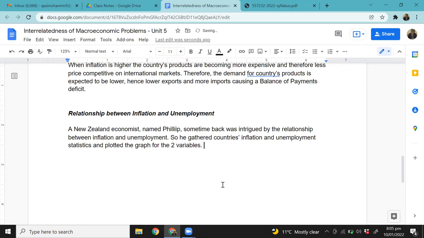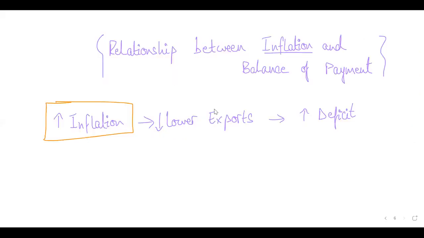Think about this. The idea is fairly simple, which is the Phillips curve, right? So that's what the Phillips curve is. Okay, have a look at this, students. Now, what we're discussing over here is this economist called Phillips, right? He belonged to New Zealand, right? So what he did was he